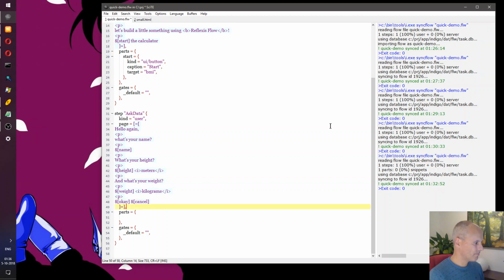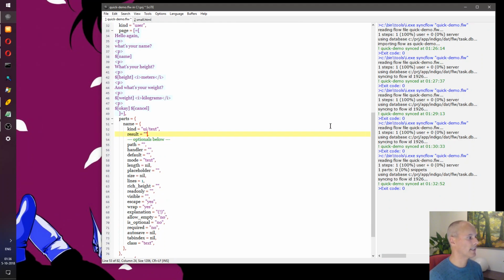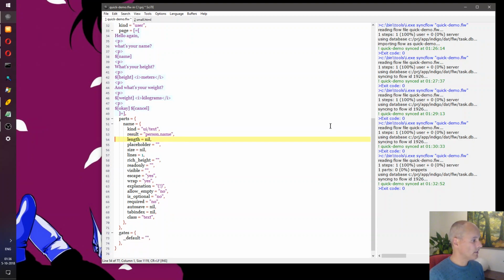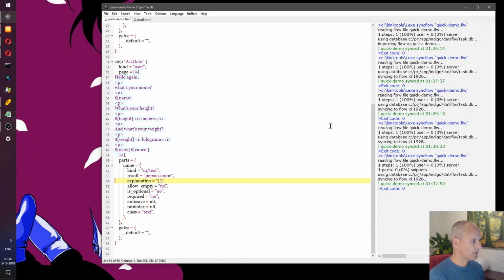So here, for instance, I know that I need something like a UI text part. And there are all kinds of properties that you can set, but this is the most important one. And I think I'll leave off all the others.